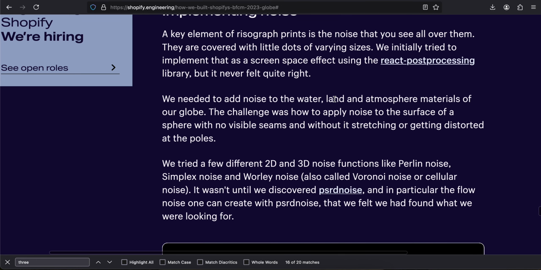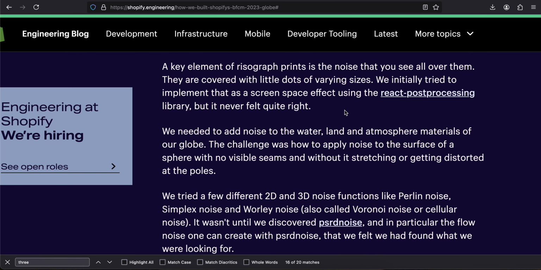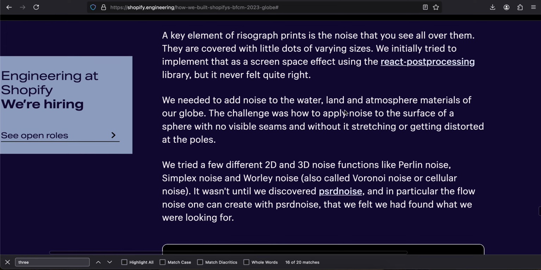Implementing noise, a key element of risograph print, is the noise that you will see all over them. They are covered with little dots of varying sizes. We eventually tried to implement that as a screen space effect using the React post processing library, but it never